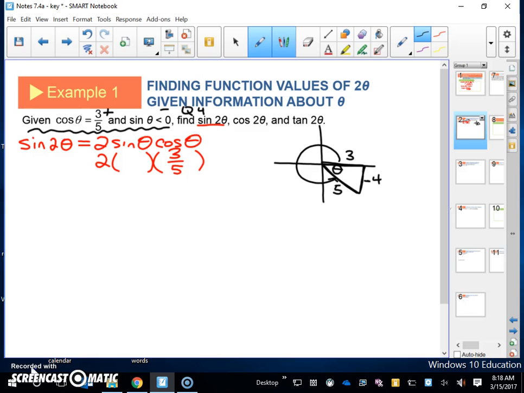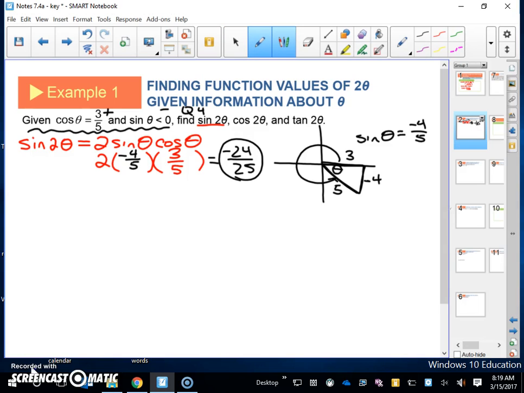The sine ratio, sine theta, is y over r, negative 4/5. Once you've got all your holes filled in, just multiply. Negative 4 times 3 is negative 12, times 2 is negative 24, and 5 times 5 is